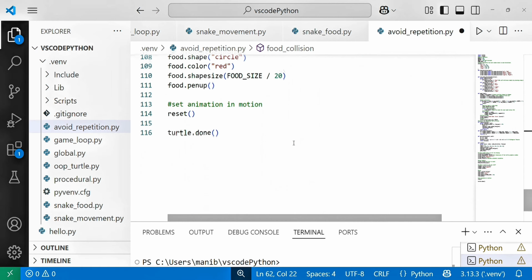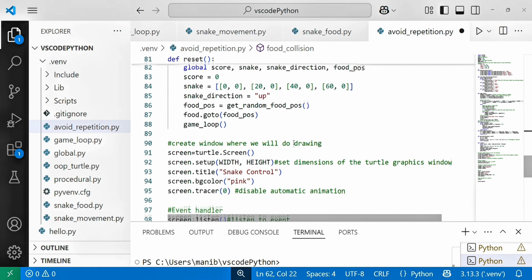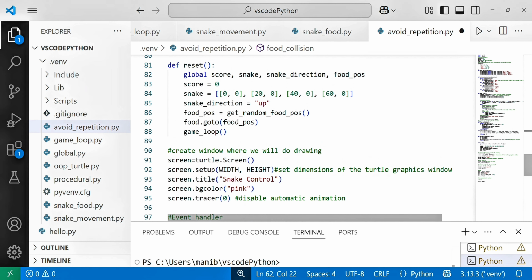And once you do that and the game loop we called, then create the window, where we will do drawing. Screen is equal to turtle.Screen, screen.setup width and height, and screen.title you can write anything.